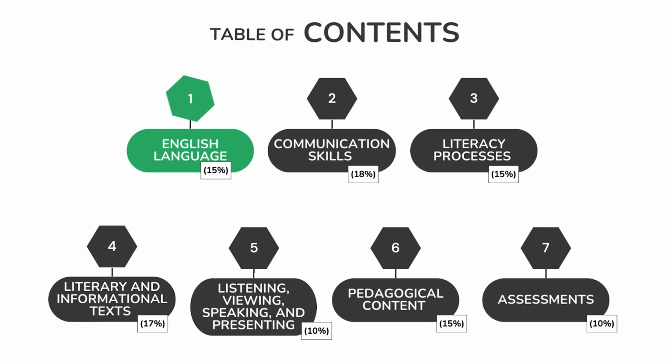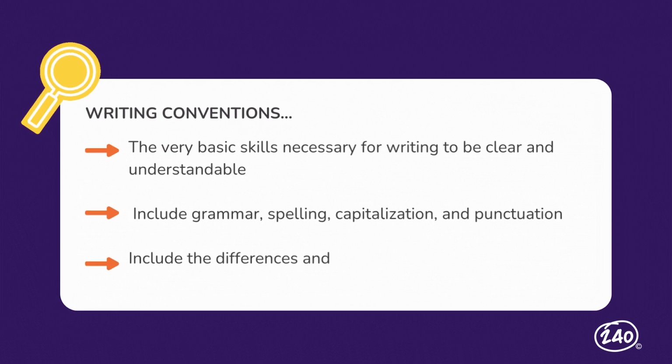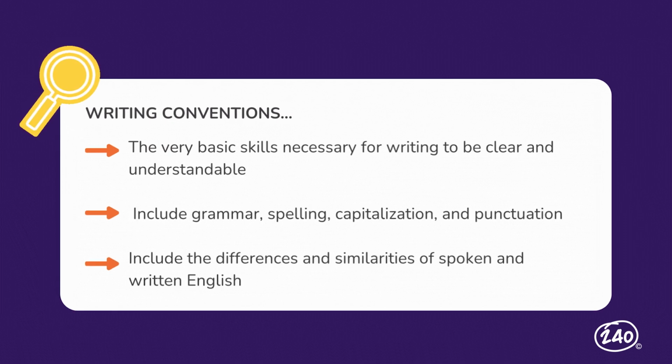Let's start with Competency 1, English language. Here you'll be tested on the ways in which the English language has developed over time, as well as standard English grammar, usage, conventions, sentences, and more. One of the main foundations of this competency is writing conventions, or the very basic skills necessary for writing to be clear and understandable. Writing conventions include grammar, spelling, capitalization, punctuation, and the differences and similarities of spoken and written